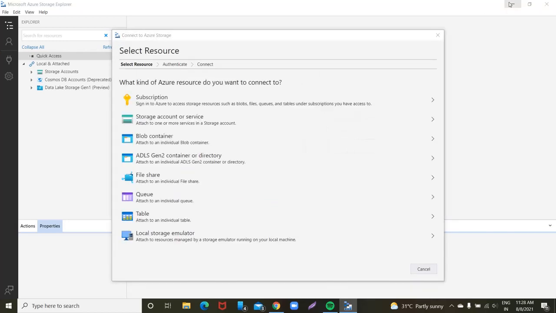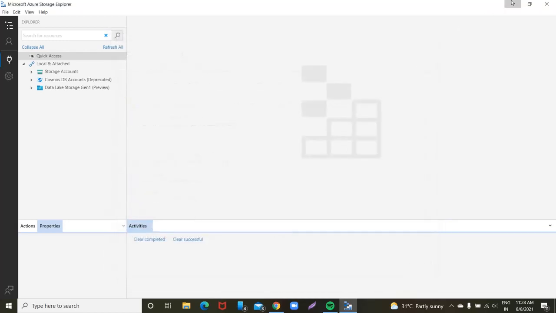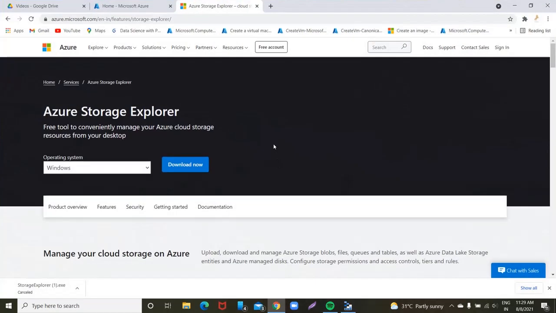Okay guys, I hope we now know very well how to download and install the Storage Explorer from